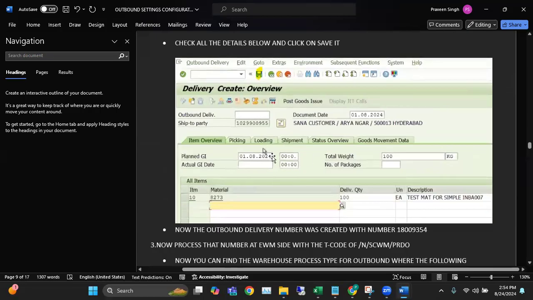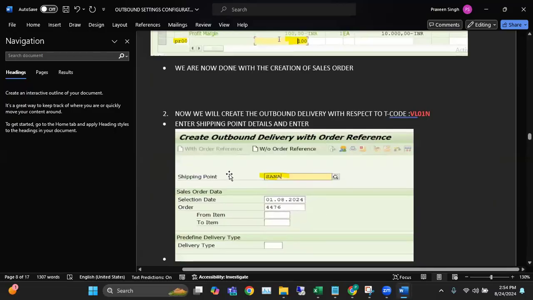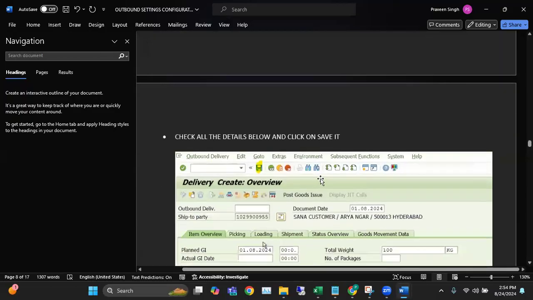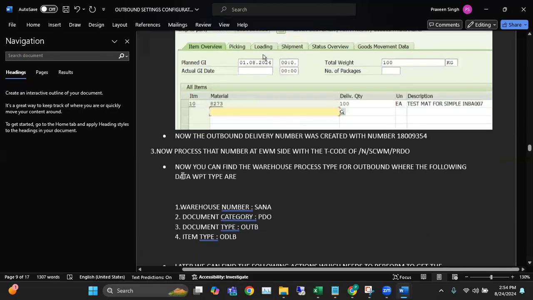So this is the page which you got, which is going to pop up after this. Once you click on enter, you're going to get this page. Here we're going to get the ship to party details, and you will be having your material with the quantity details and the name as well. And when you click on save, now it's going to create an outbound delivery number, which is